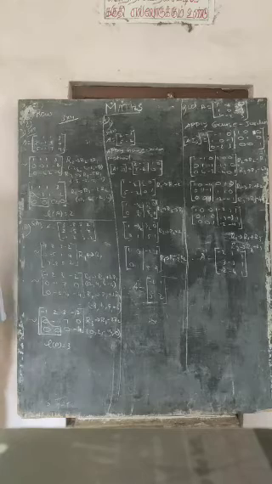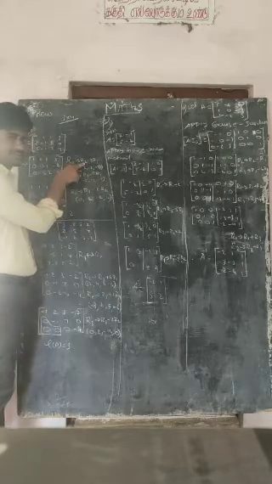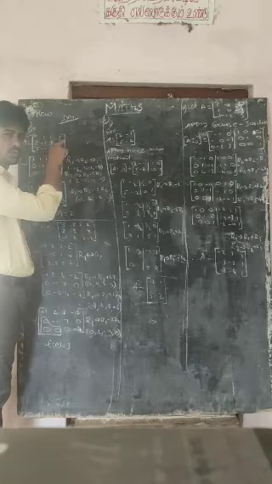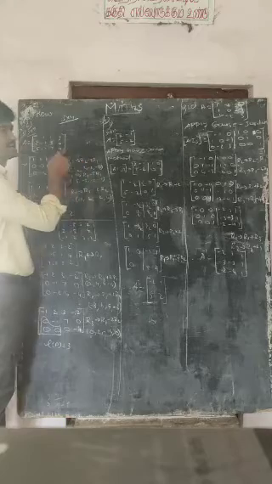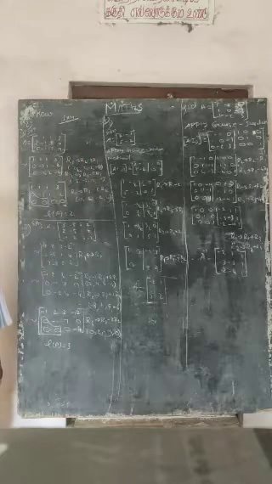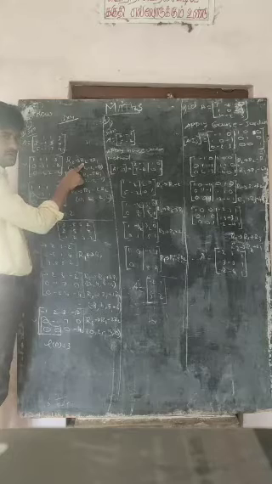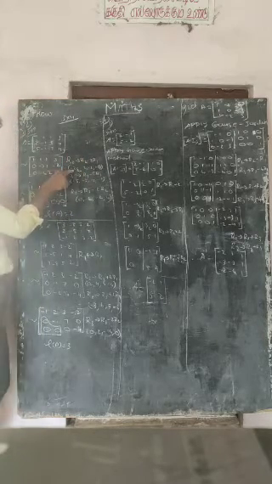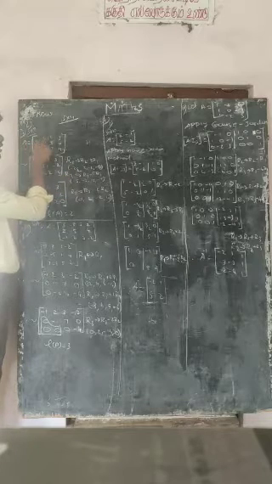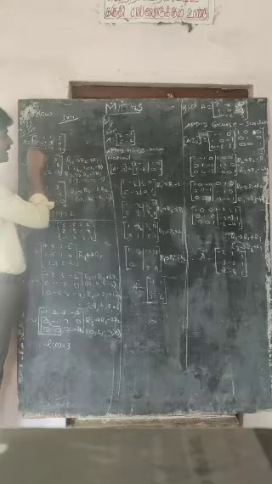R2 minus 2R1. என்ன சார் கண்டிஷன் நீங்க ரைட் பண்ணிருக்கோம் அப்படினா R2 subtract பண்ணனும், R1 ஓட. How to subtract means you have to multiply with minus 2. R2 நம்ம R1 ஓட multiply பண்ணி minus 2 ஓட subtract பண்ணனும். This is your R1 value, 1 1 1 3. Minus 2R1, minus 2 ஆல multiply பண்ணுங்க.